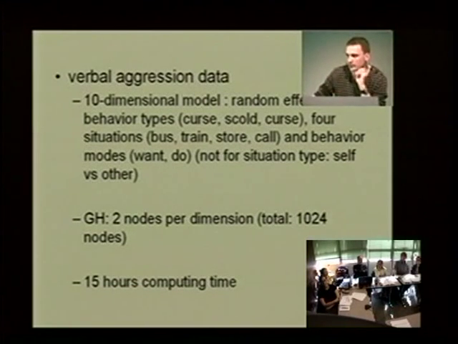So if you add the number of random effects, so 3 for the behavior types, curse, scold, and shout, it should be, 4 for the situations, bus, trains,